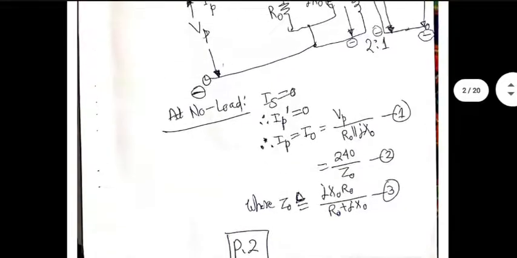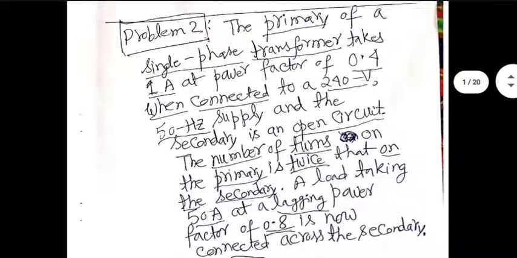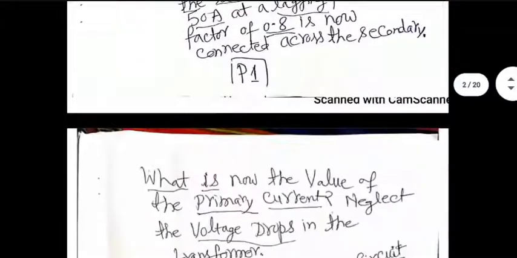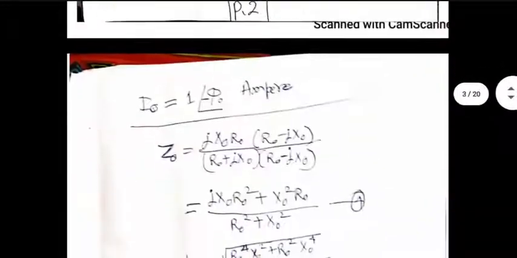So value of I0 is also given to you as 1 ampere with a phase shift of cos inverse 0.4. And I'm assuming minus value by default, because that is generally the truth. Not that it matters much, but I'm putting minus sign. Okay, so I0 is 1 ampere with an angle of minus phi naught, and phi naught is cos inverse of 0.4.